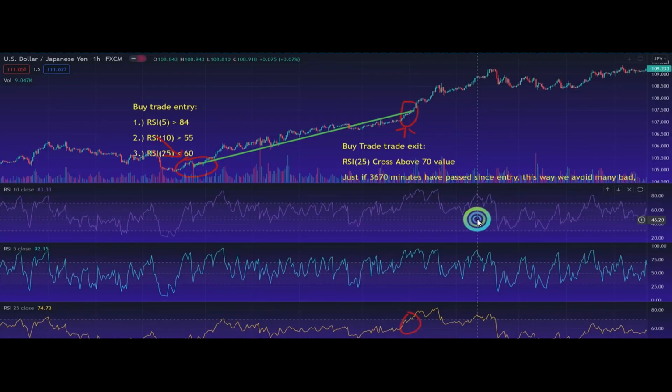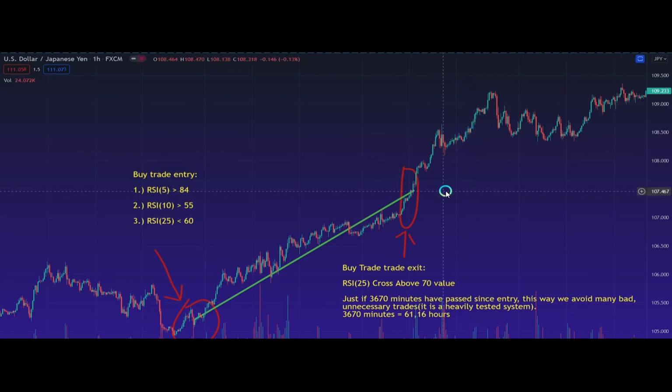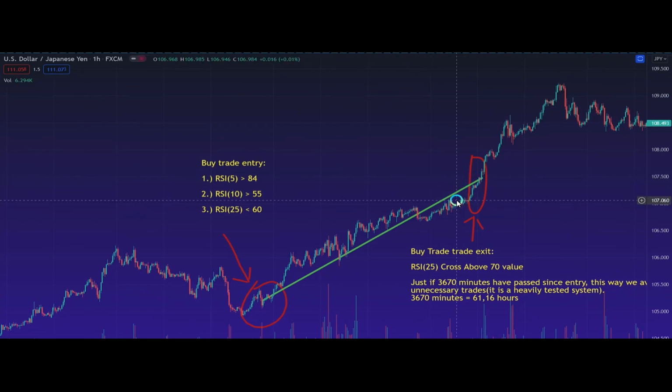And as you see, it just crossed above 70, so we could close this trade, and in my opinion, it is a really nice trade, and it was just one of my favorite trades